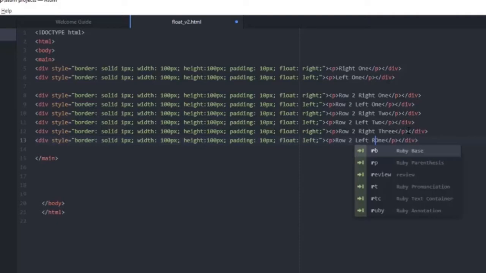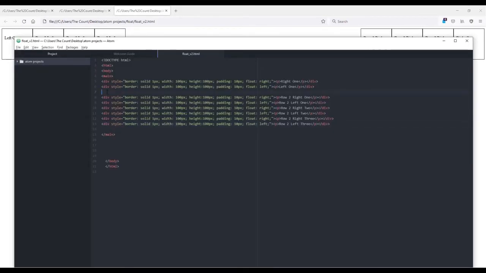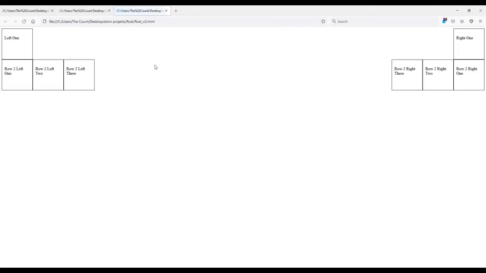This will be left 3. So let me save this, go to my page, refresh it. As you can see, everything is just lined up in one row. Simply having a space in between your code is not going to cut it. So what you want to type in here is clear: both; saved, and now it's appearing in the next